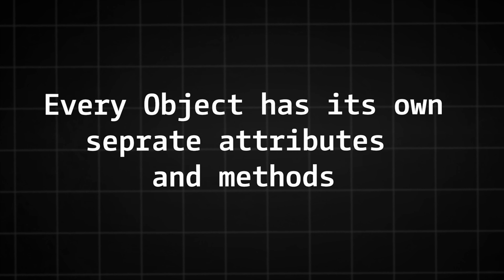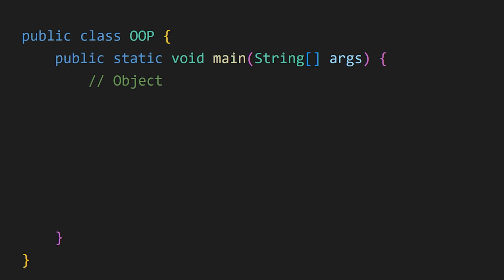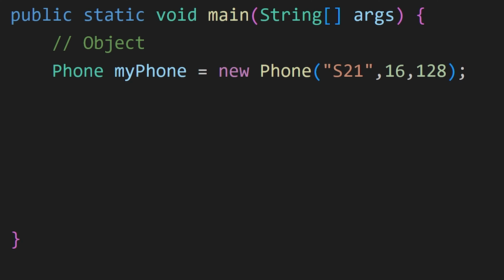Our blueprint is ready. Let's create an object. An object is simply an instance of a class. In simple words, anything we create using a class is an object. Similarly, like two different S24 Ultras have their own RAM, memory and features, every object has its own attributes and methods. Since I am using Java, this is the syntax to create an object.